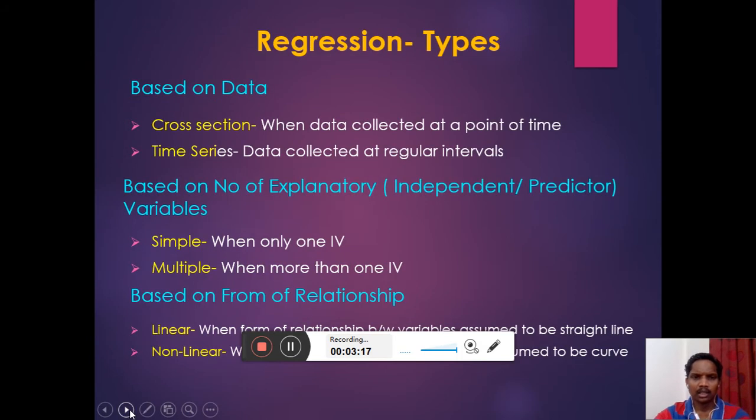Now let us see the different types of regression. The simple regression type is the simple linear, where one variable predicts the other variable. For example, height predicts weight. If the number of predictor variables, the number of independent variables, increases, then we use multiple regression. It's not that only height is the factor which can predict the weight. There are many other variables. Similarly, there are many variables which can predict the academic achievement. So when many variables come in, we use the multiple regression technique.